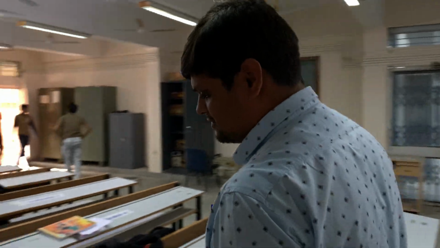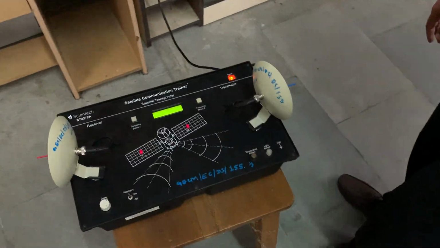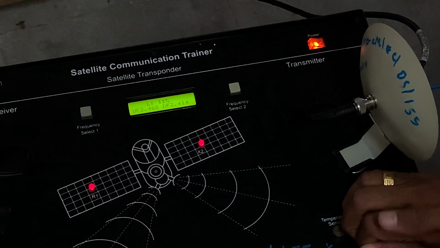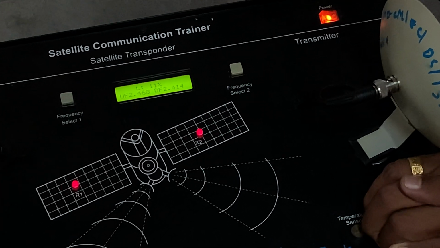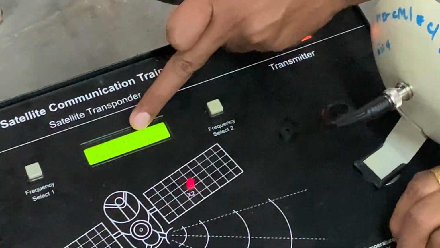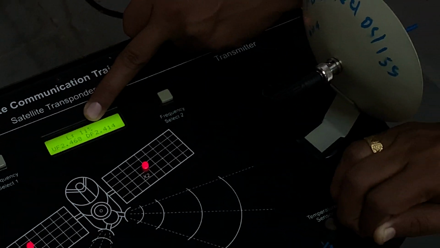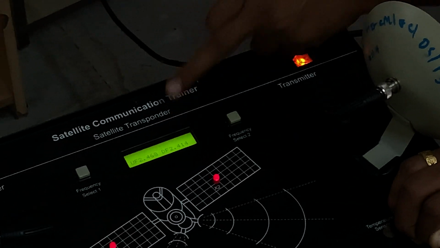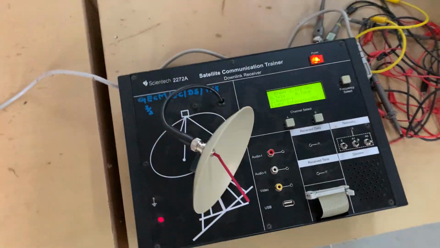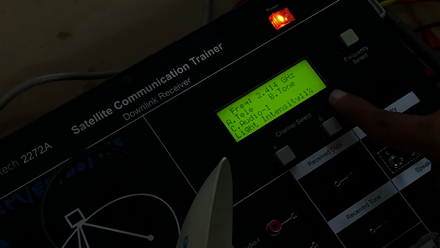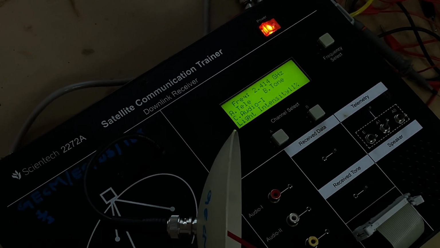Now let me check whether the light intensity will decrease or not by putting this light sensor in a dark zone. Whenever I put the light sensor in a dark zone, you can see here that the light intensity percentage has decreased to 11. Now you can see the same percentage in the downlink receiver, it is 11%, because we have decreased the light intensity.